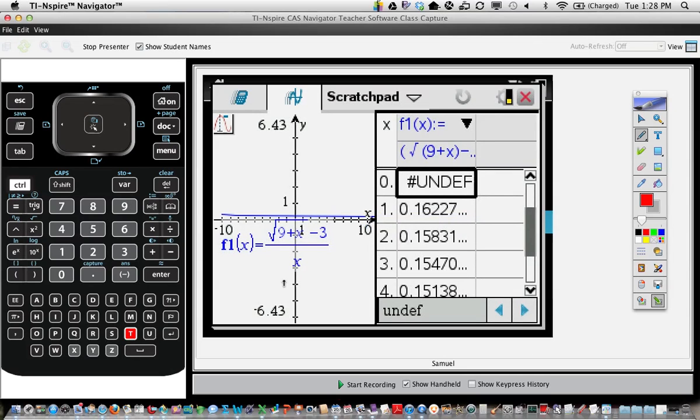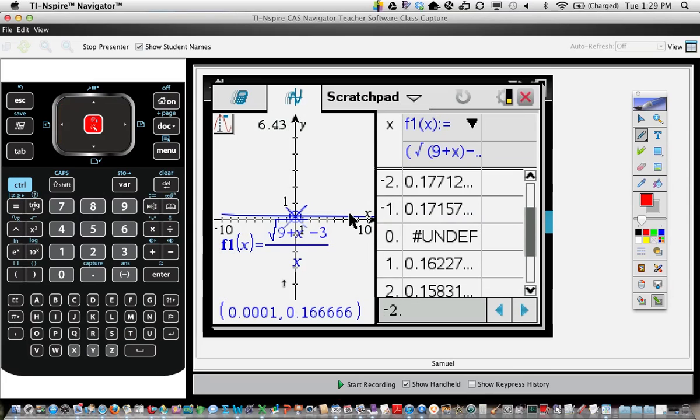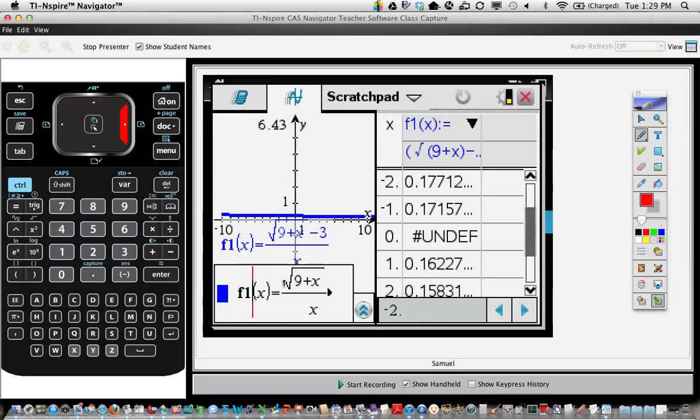Okay, now your setup's different. You're going to have to go back to your table settings, but that's okay. So what you have to do is click over here on your graph to get it highlighted. Now hit Tab, and you can get into F1. Okay, and now let's type in that function,